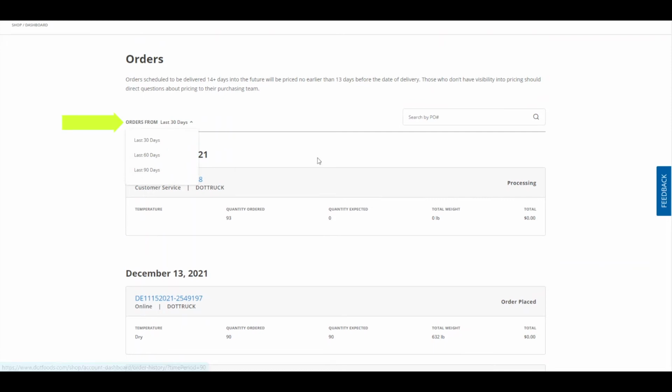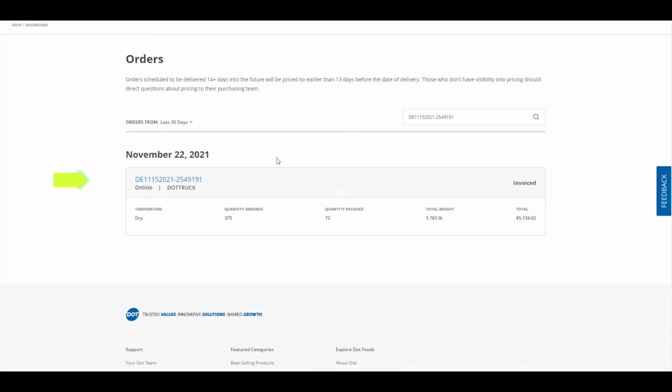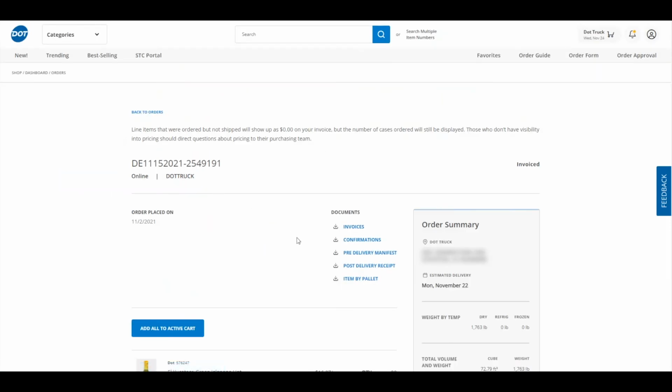To search for a specific past order, enter the PO number in the search bar. Click the PO number for more order information. You can access 5 documents for your order, including the invoice, confirmation, pre-delivery manifest, post-delivery receipt, and item by pallet